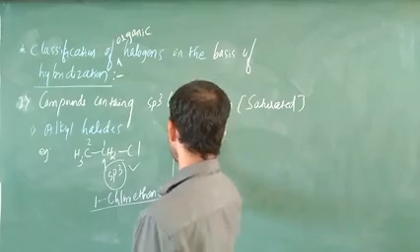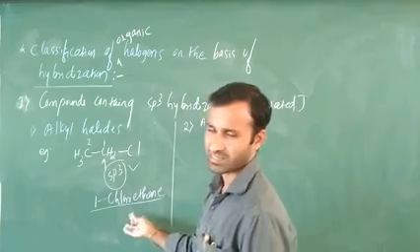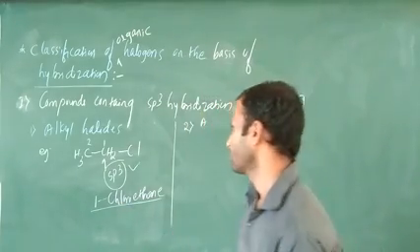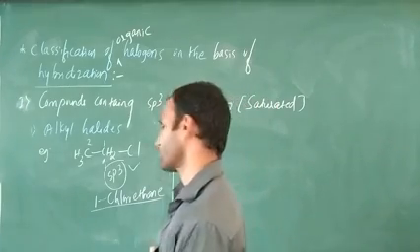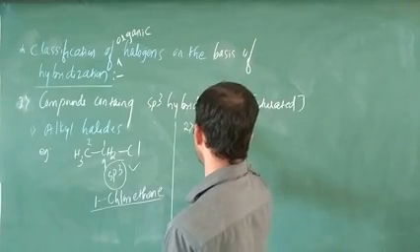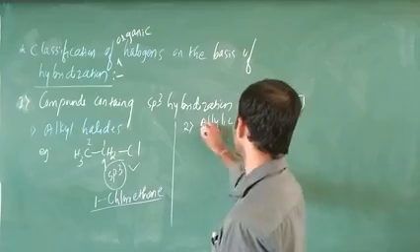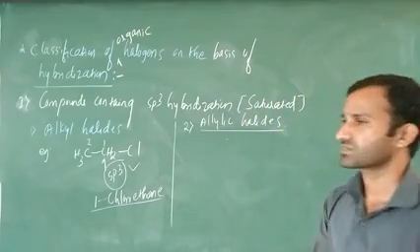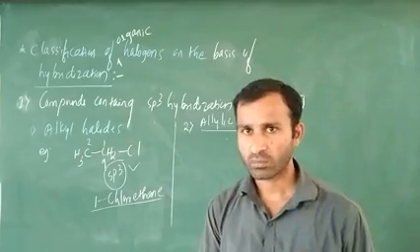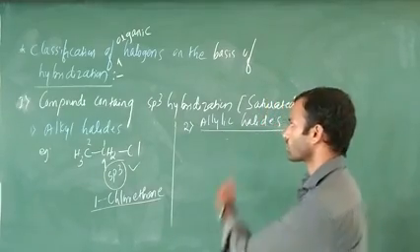Next one, what is that second one? Second one is allylic. You have to take another example, CH3, CH2, CH2, Cl, Br, or you can take iodine, no problem. Usually do not take chlorine because chlorine has more electronegativity, okay. Allylic halides. Here in this case, allylic halides means what? The halogen atom attached to a saturated carbon atom next to the carbon carbon double bond, that is called what?